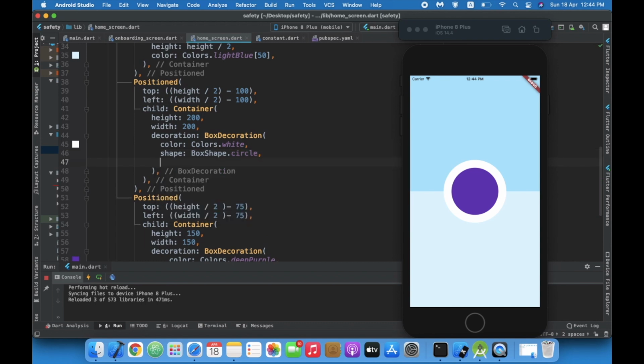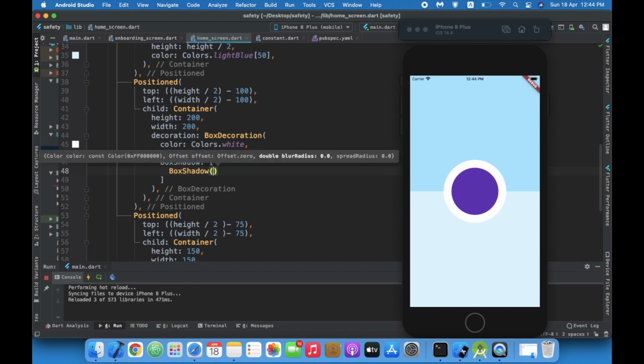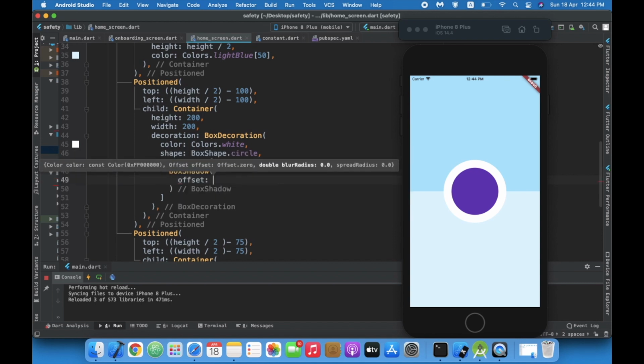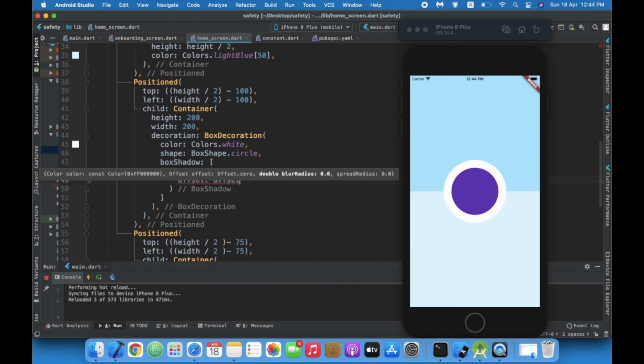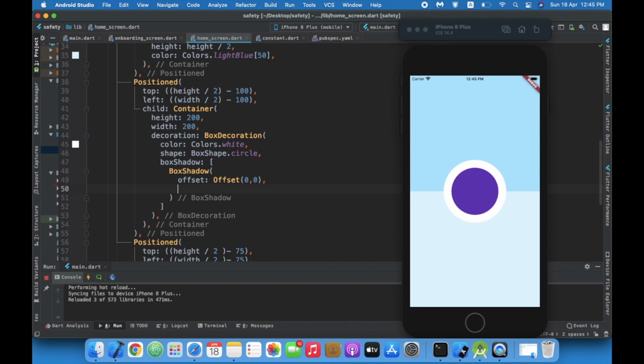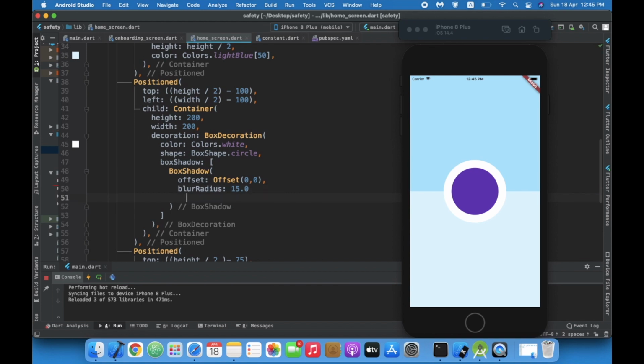Of a shadow. So box shadow will be an array of box shadow. Offset will be offset 0 0 because we don't want any offset. Blur radius of 15.0, and color.